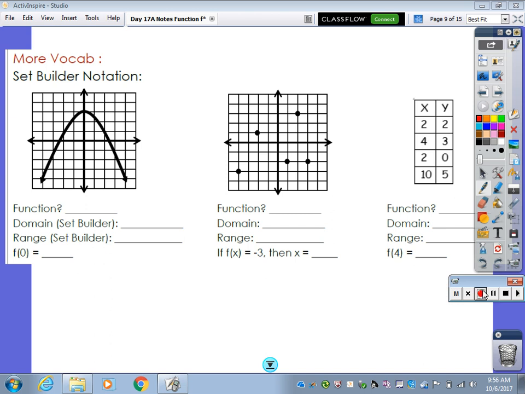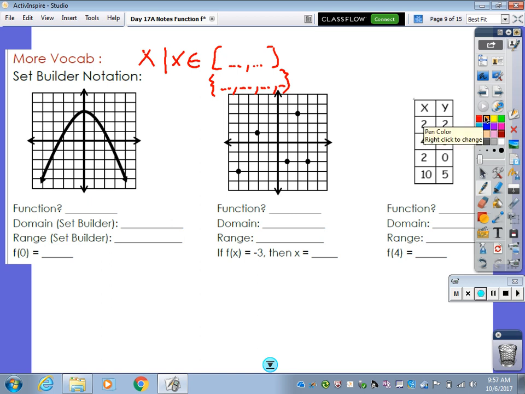Now let's look into something called set builder notation. Set builder notation uses x such that x belongs to an interval, or we can use a list notation. But let's first find our domain and range, and we can use set builder notation for our domain and range. In our question,